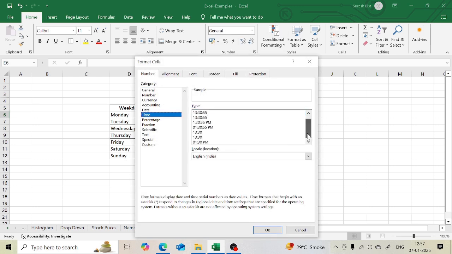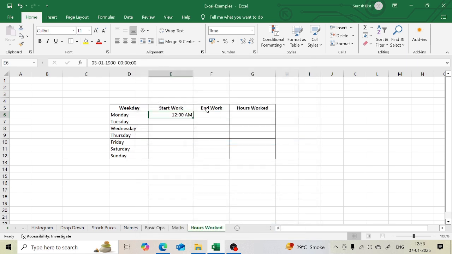Under time you'll see there are various formats. You can select a particular location based on where you're located and the format you want. Here I'll keep it India. Coming to the type, there are various formats. I'll select this one, the short form of time followed by AM or PM. Say okay. So you need to enter time in a particular format such as 7 colon and then you have